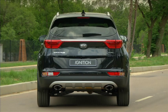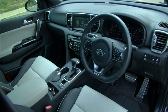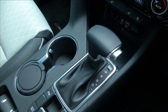So looks aren't everything, hey Maurice? With dating, it's all about, once you've decided you like the car, the girl, whatever it may be, seeing what's on the inside. Sounds so beautiful. Let's judge a book by its cover. Well, listen, if I was dating the Sportage, this would be like Rapunzel, that little princess, beautiful to look at,